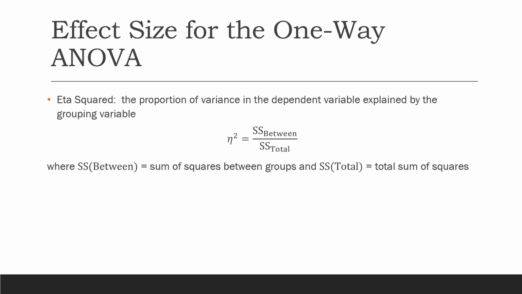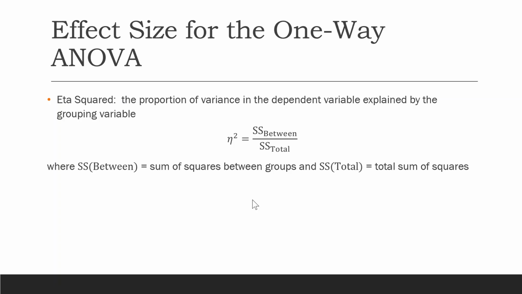The effect size measure that we're going to review for the one-way ANOVA is called Eta squared. And this is the symbol for Eta, right? It looks like sort of an N and then squared. We're going to call it Eta squared. It's a Greek letter Eta. This measure is the proportion of variance in our dependent variable, whatever quantitative variable we've been studying, the